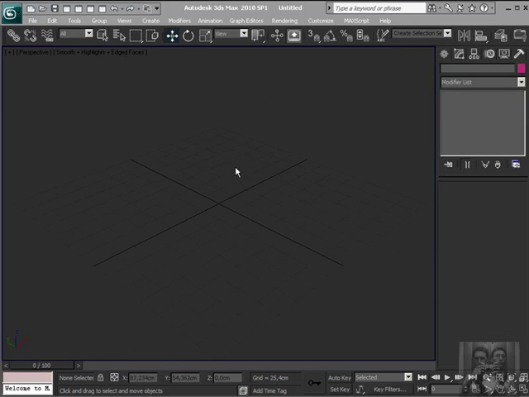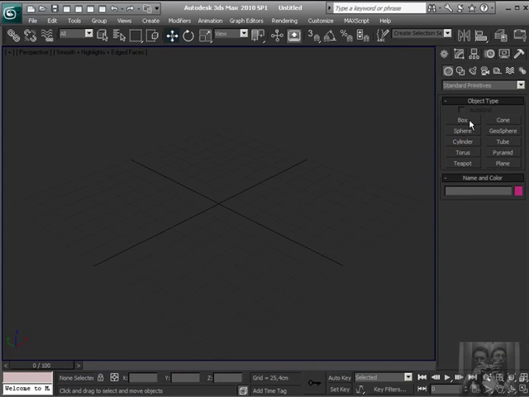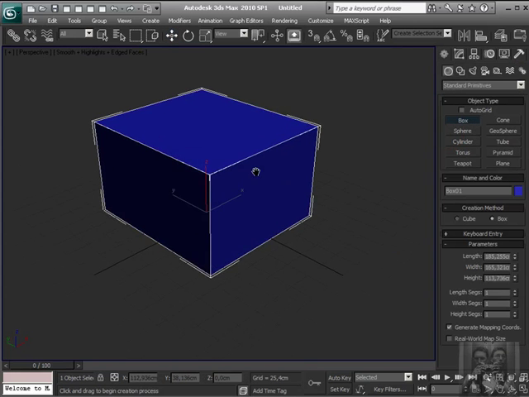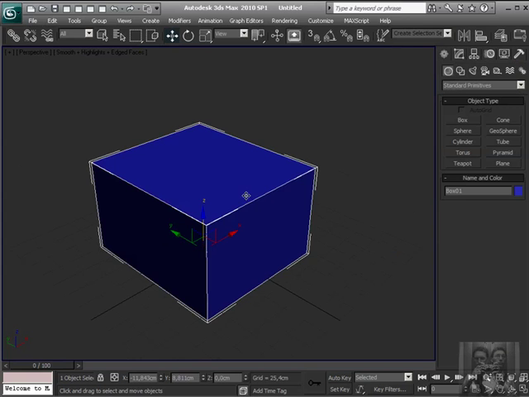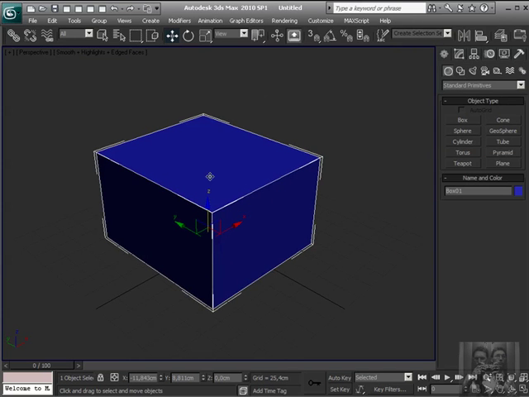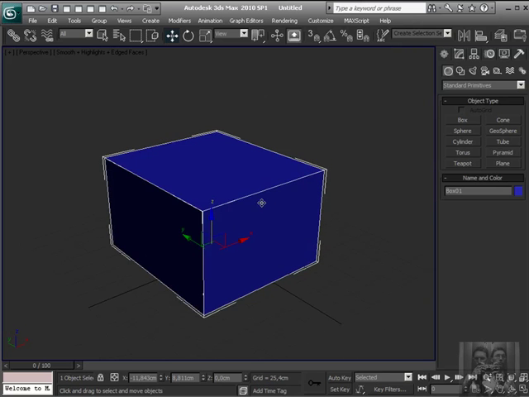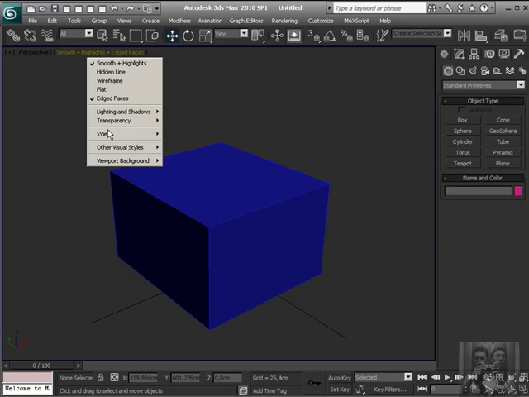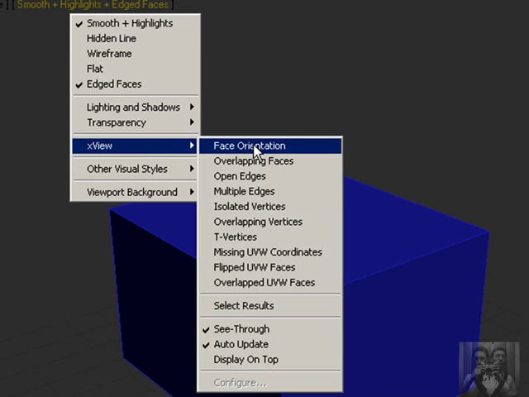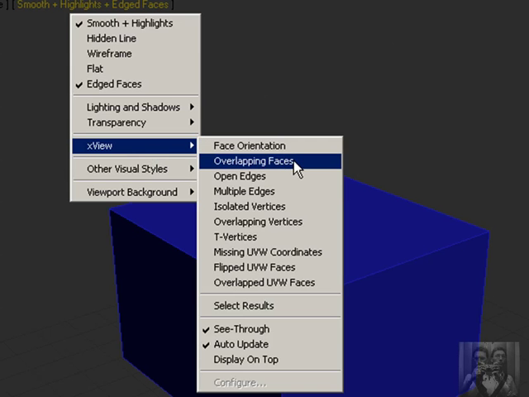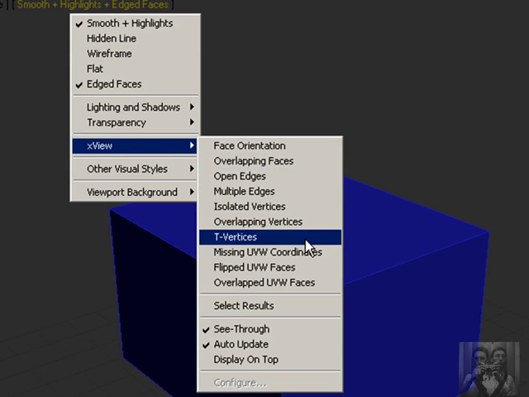In this tutorial, see some particular new features of 3D Studio Max. When you work, for example, in another kind of software, you can see the properties of the object, whether the edge of the border is open or the normal is flipped. In 3D Studio Max 10 you can see the new features inside this X view: face orientation, overlapping face, to see when you have two faces one on one, multi-face, isolate face, and